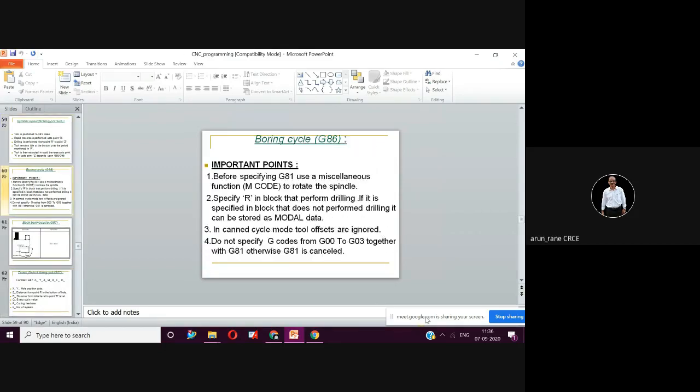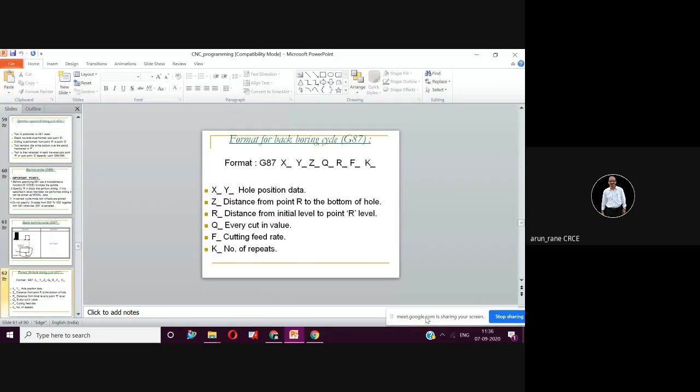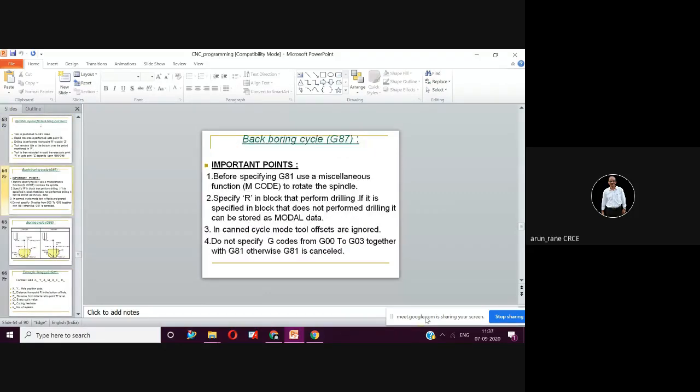Then G87 is the back boring cycle. That is, you have a face at 0 degree on which you are doing operation. Now suppose if you want to do operations at 180 degree, that is counter bore you want to do at 180 degree, then you go for back boring cycle. So this is what we had discussed.